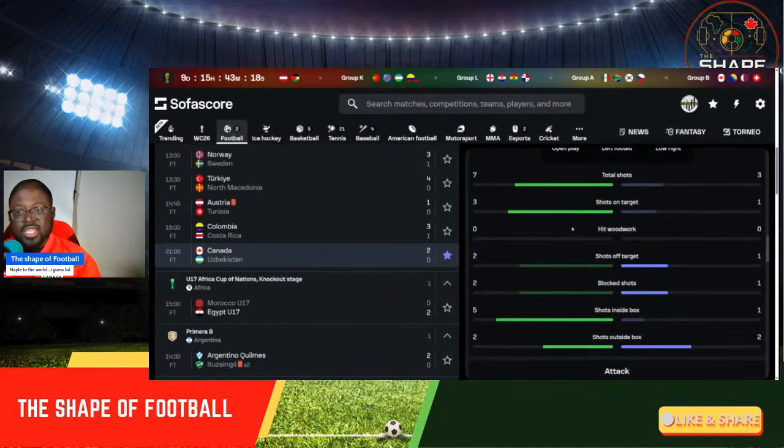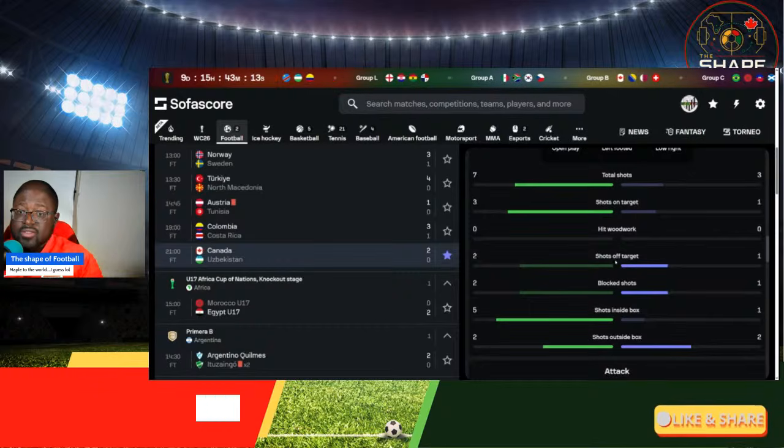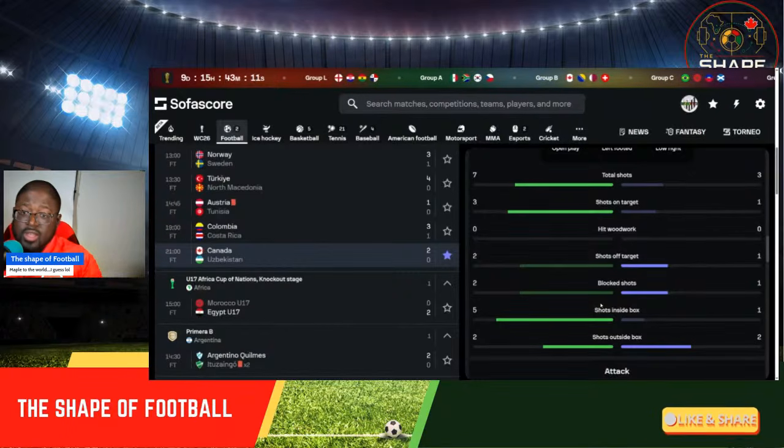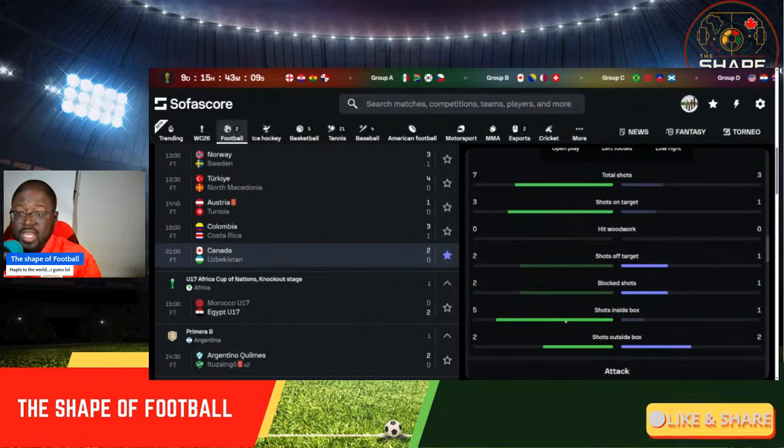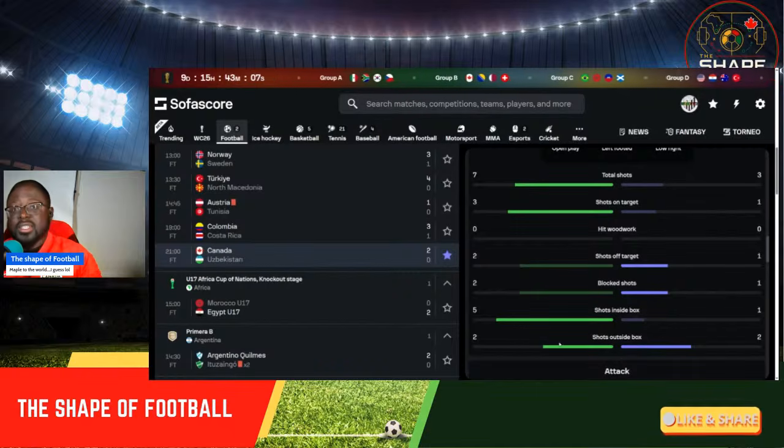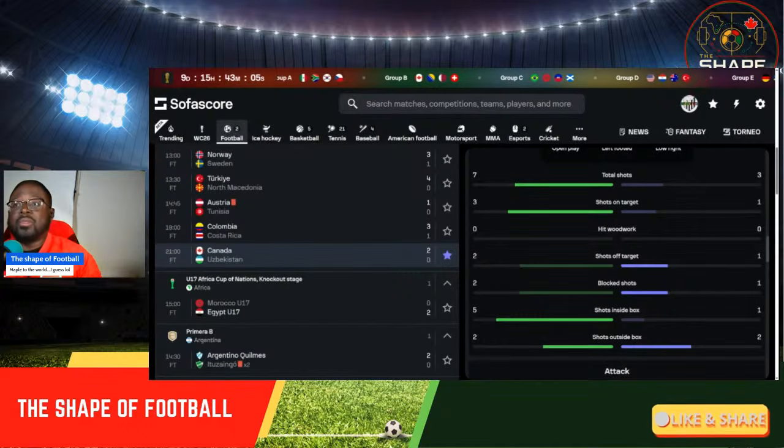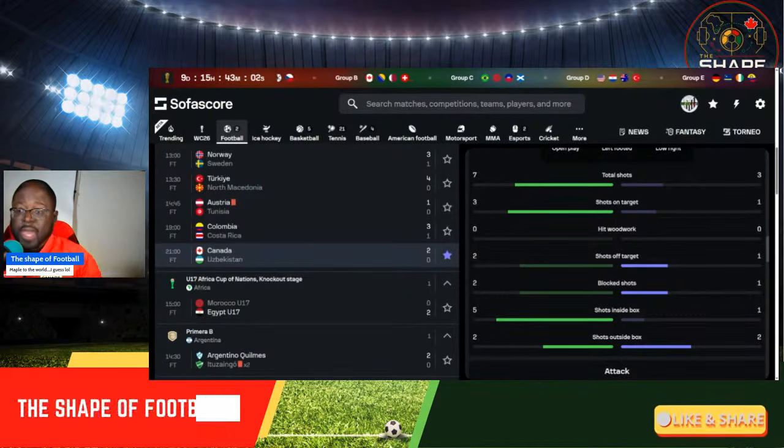Shots: 7 total shots, 3 shots on target, 2 shots off versus 1, 2 blocked to 1, shots inside versus shots outside. The shots outside is something I want them to really improve on, because I feel like if they're gonna try to pass the ball,